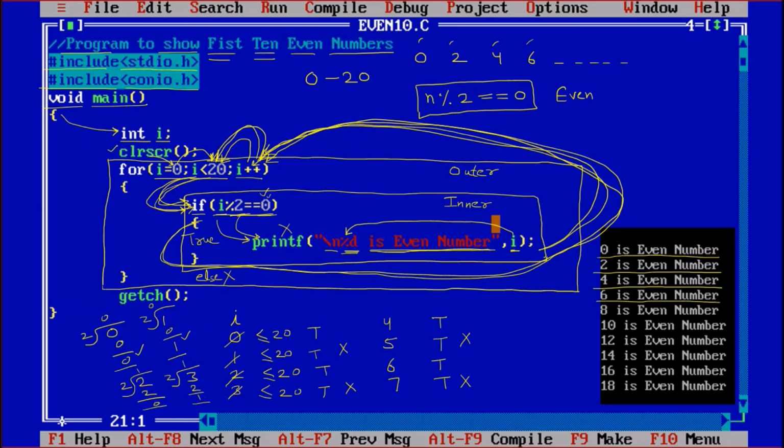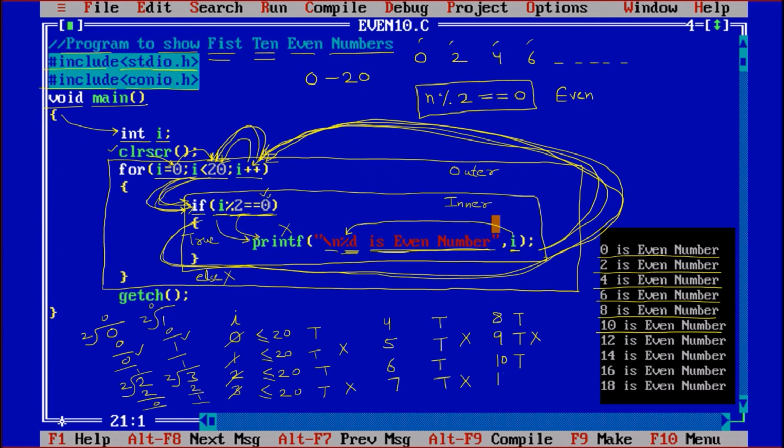Then similarly 8 is checked. 8 is less than equal to 20, true, and it is also an even number. Similarly for 9, 9 is less than 20 but not divisible by 2, and 10, 10 is less than 20, also divisible by 2, so 10 is printed as even number.